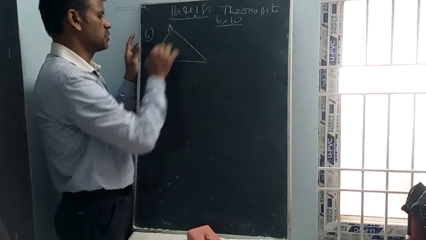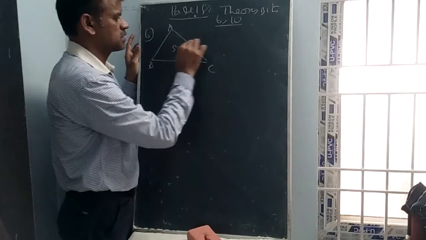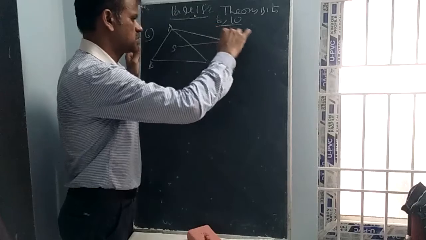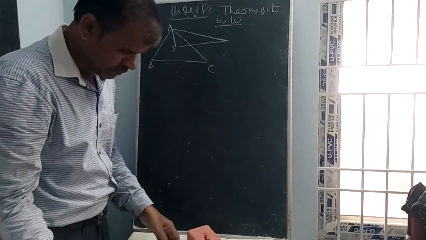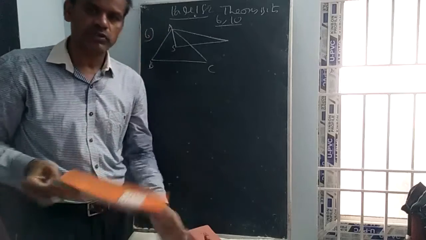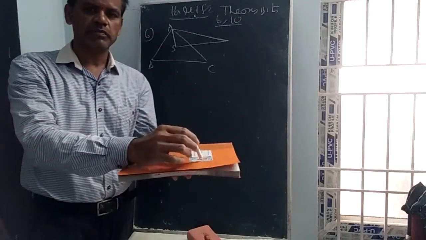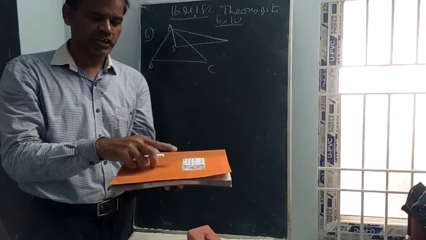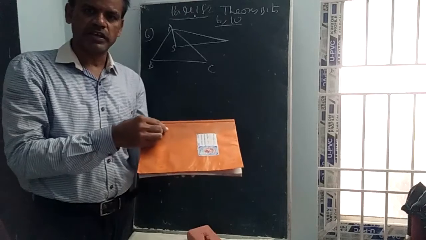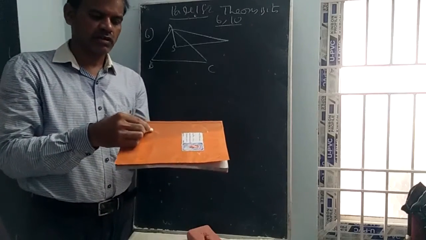First of all, you need to understand the question. The angle of elevation of the top of a tower is observed from each of 3 points. Observe, try to understand like this. On this plane, we have constructed a triangle. Let the points be A, B, C. So 3 points are there.